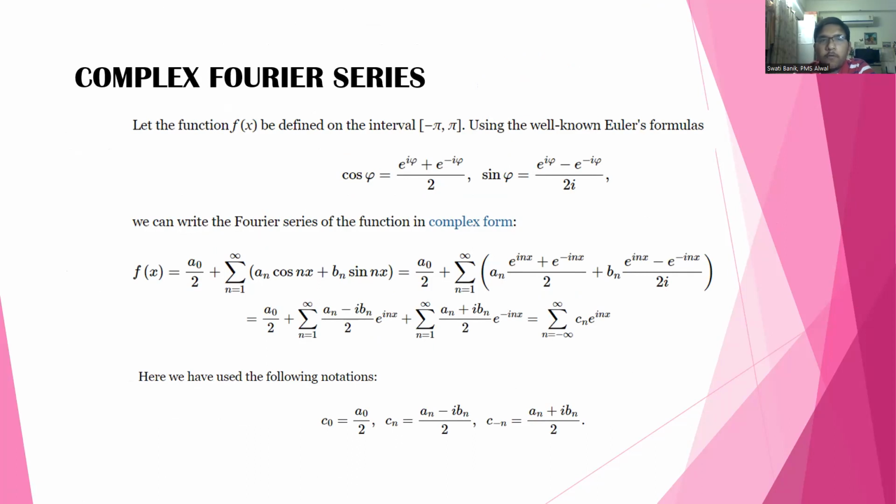Now, let us see what a complex Fourier series is. Let the function f(x) be defined on the interval -pi to pi, with both -pi and pi being included. Using the well-known Euler's formula, we can say cos psi = (e^(i psi) + e^(-i psi))/2, and sin psi = (e^(i psi) - e^(-i psi))/2i. We can write the Fourier series of the function in complex form as f(x) =